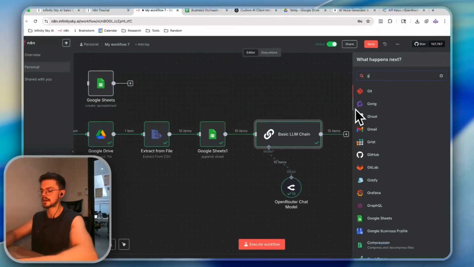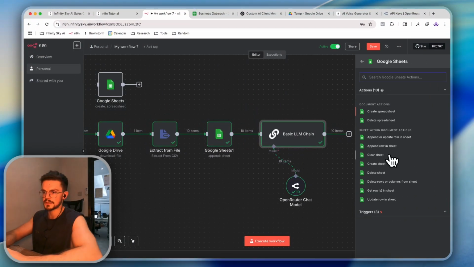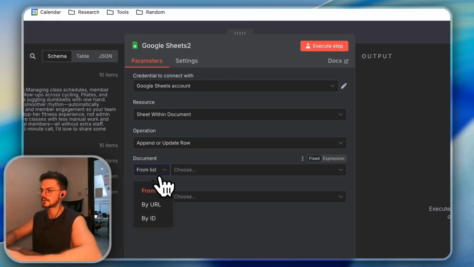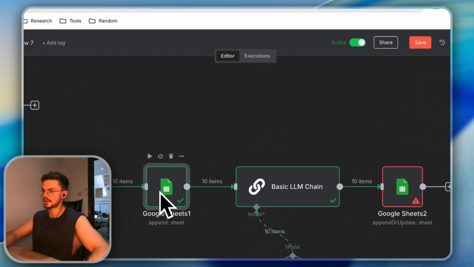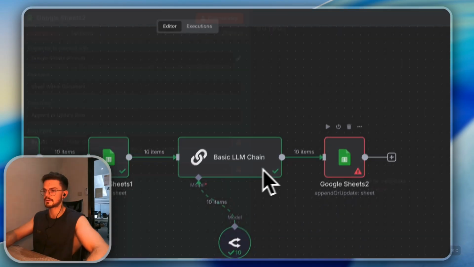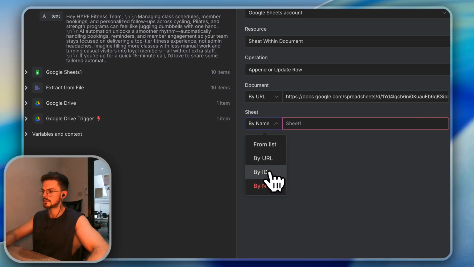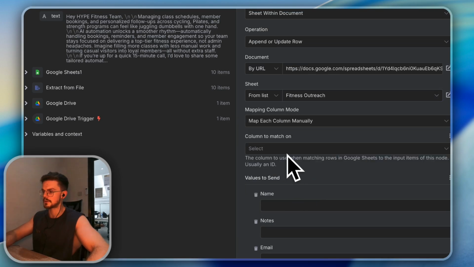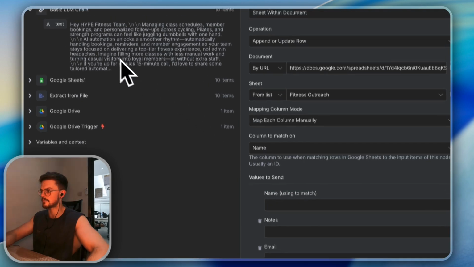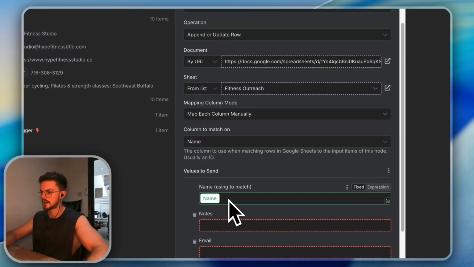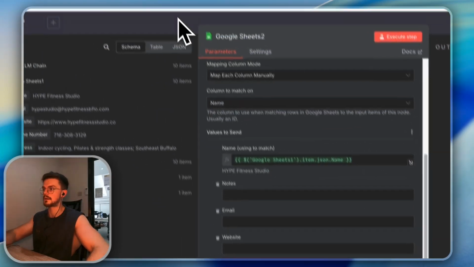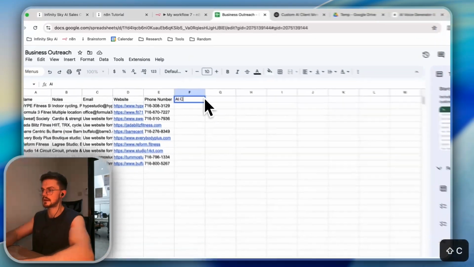Now we want to take these and add them back into Google Sheets. So we go to Google Sheets and we can say update a row, and we can select the same document. So again, we want to go to URL. We can come back here, copy our URL, paste it in here. And then sheet from list, we want to select the outreach one, and we want to select to match on the name. So this is going to match the fields based on our name. So we want to come back here, colon our name, and this is going to be these names right here. We want to pull the name in, and we want to add a new field and call this AI custom